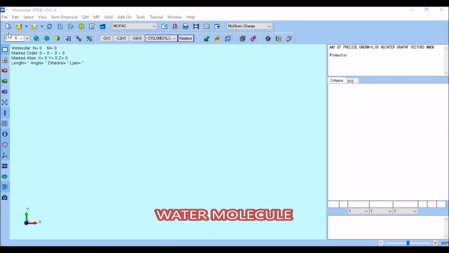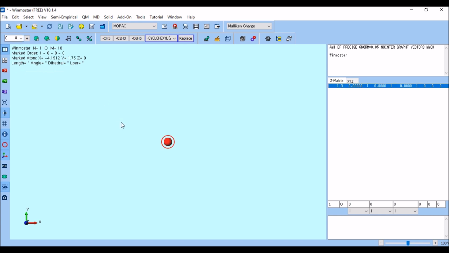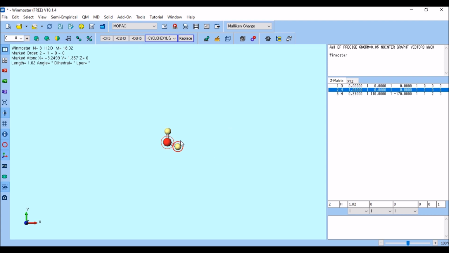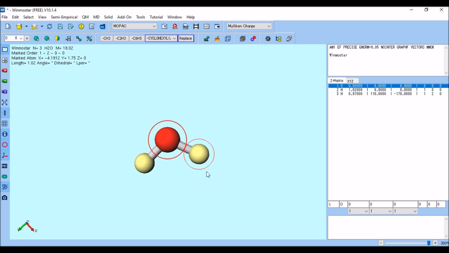Okay, let's try for a water molecule, a very simple molecule. I select the oxygen atom and I click the add atom icon. I just click on the screen. I get the oxygen atom there and I go to add hydrogen. I just click and I get the water molecule. You can zoom it so that you will have a clear picture and you give the quick optimize icon. So your molecule has attained the stable geometry now.